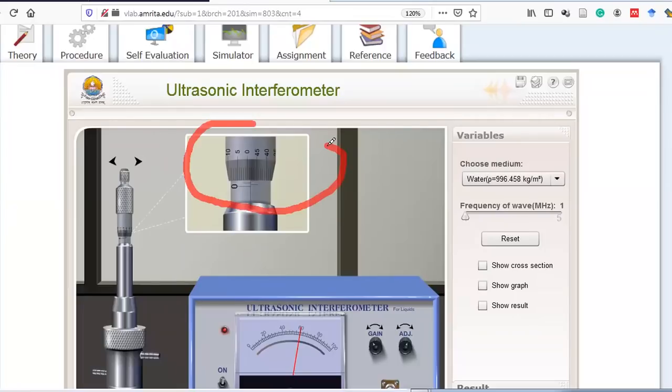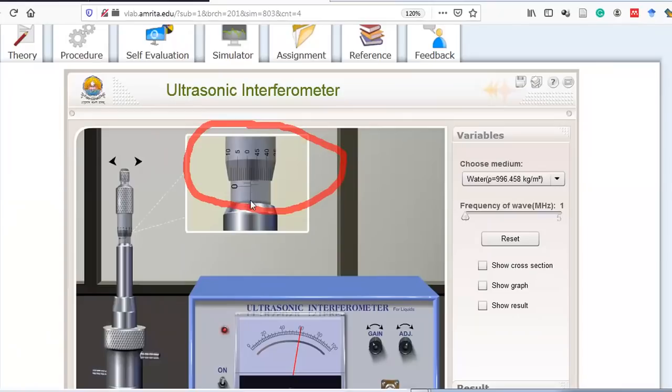This is the micrometer reading. You have to note it down. So you see how many counts it has moved from 0. So 1, 2, and the third count also has passed. Okay, so first you need to check how much is one count, I mean the least count of this experiment. That part I am leaving to you. You find out the least count.